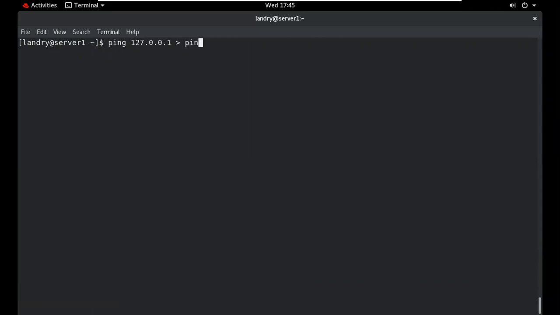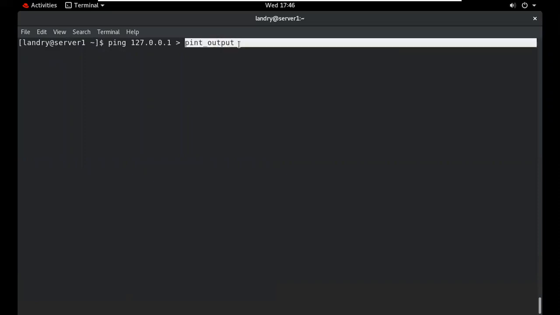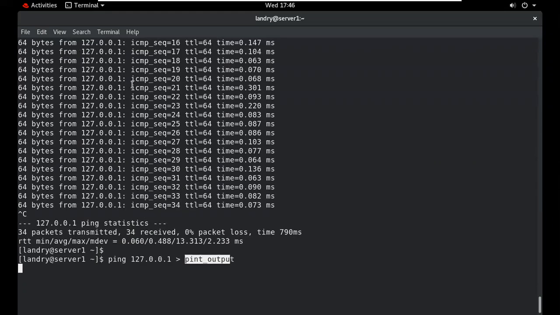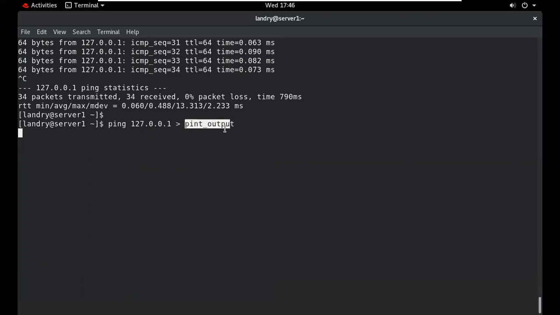Suppose it will redirect. So your message that is displayed on the screen will automatically redirect to this location. So all the output will automatically be saved in this particular file.